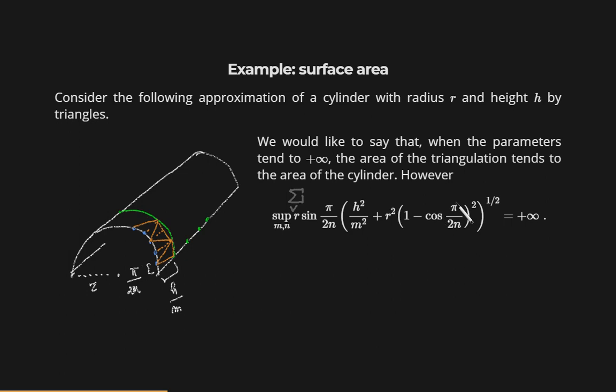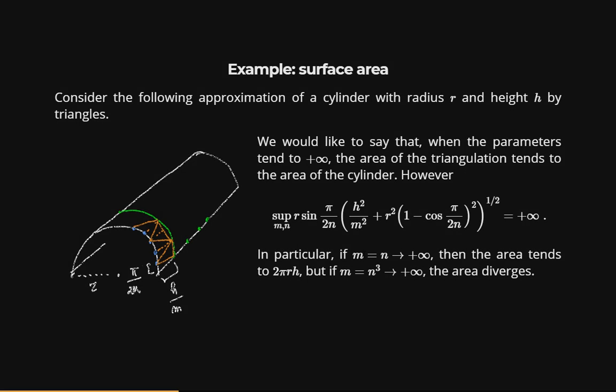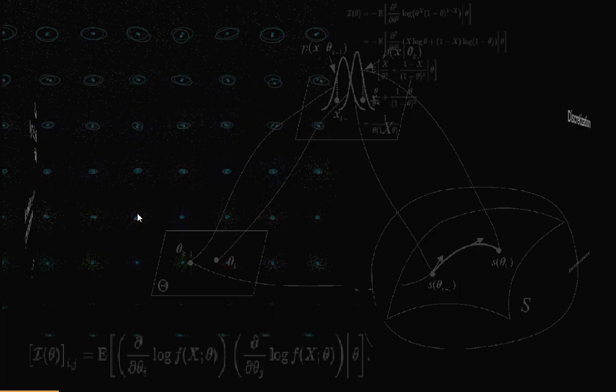Unfortunately, this supremum is plus infinity. So it depends on how you select m and n. If m equals n and they tend to infinity, then the area tends to 2 pi r h, which is the correct answer. But if, for example, m equals n cubed and they tend to infinity, the area diverges to plus infinity. So some triangulations work, some others don't. It's not enough to say we divide it into triangles and let the number of triangles tend to infinity. It doesn't work here, it doesn't work in Rn. So this is why,